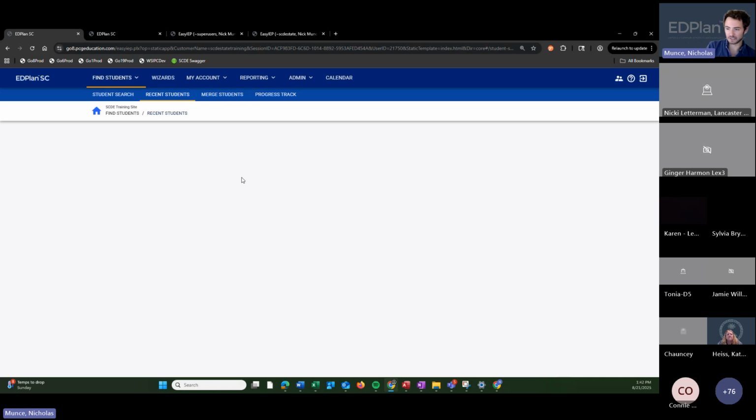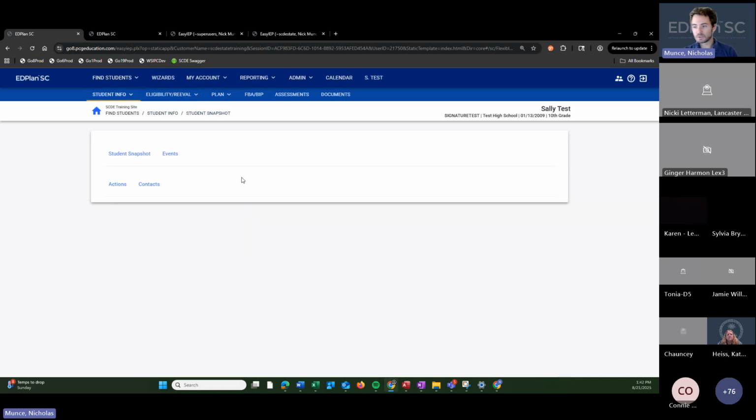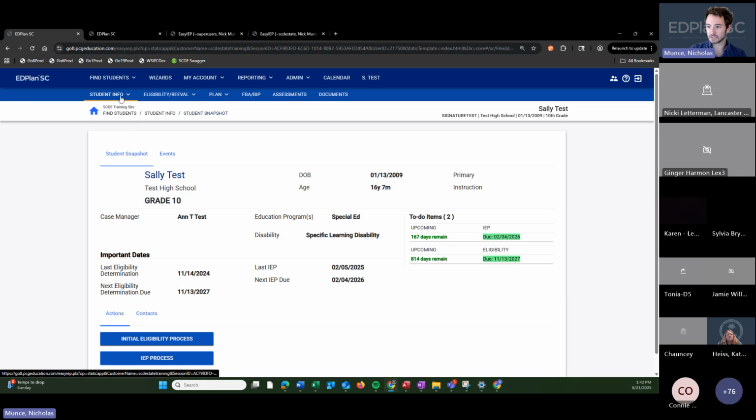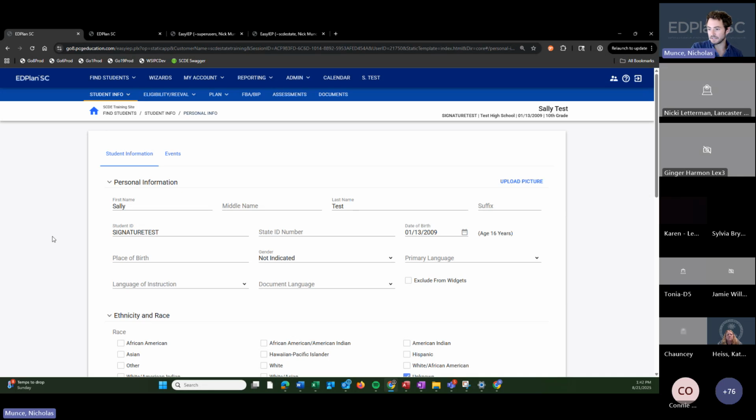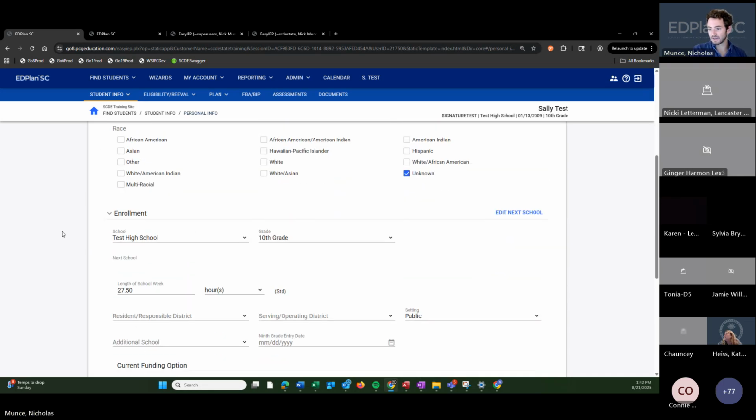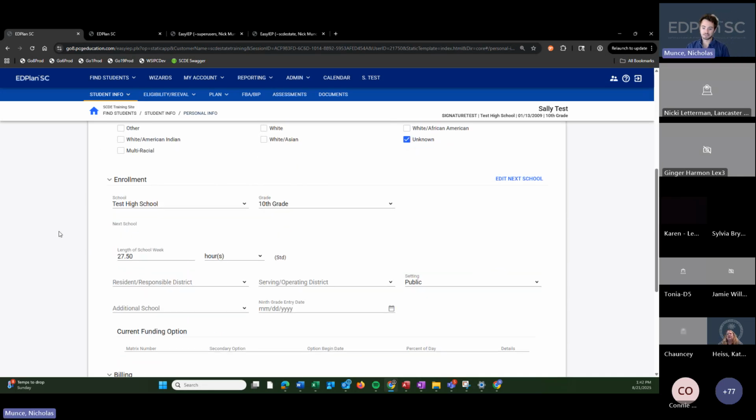This could be any student in your system. And when you go to that student's personal info page, right here underneath personal info, and then you will scroll down underneath the enrollment header, you're going to see another set of fields. Same thing. Length of school week with a number you can type in, and then your units.